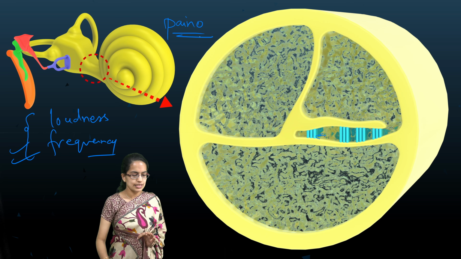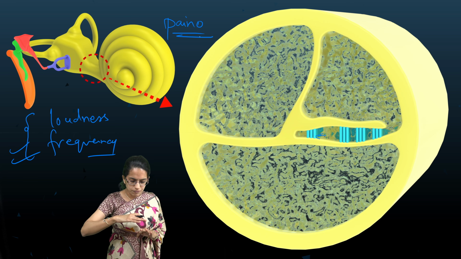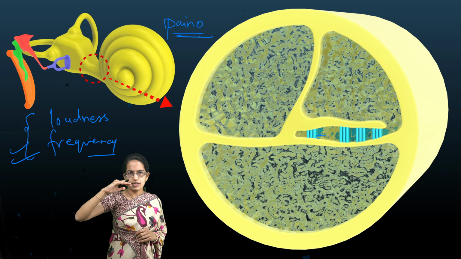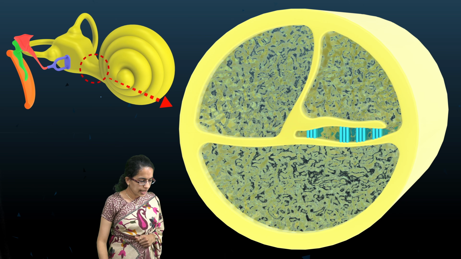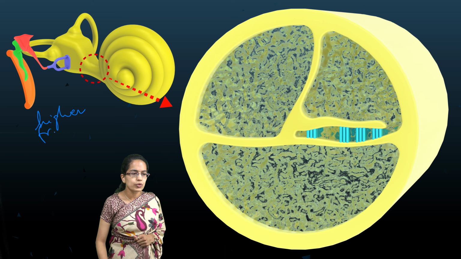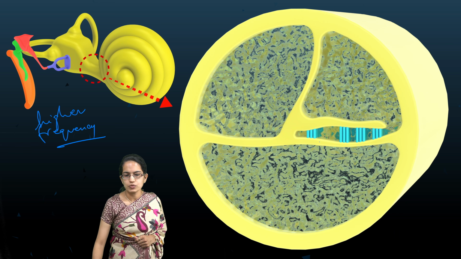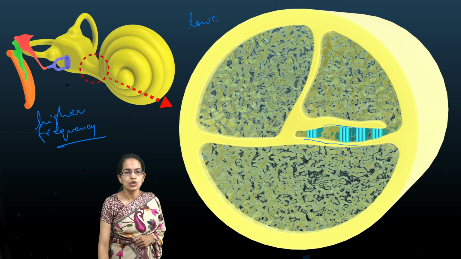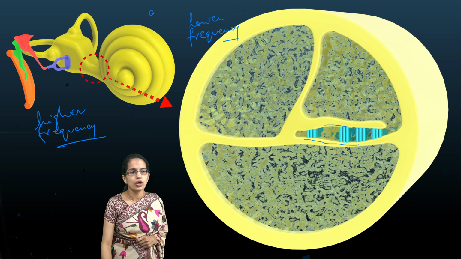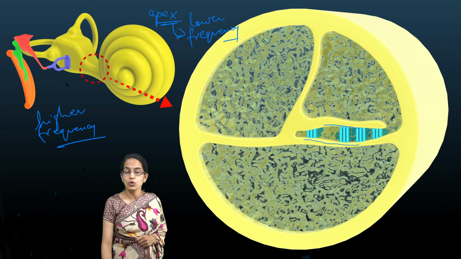So what happens is, these keys have a characteristic feature. Now the hair cells are on both the surface, on the top as well as the bottom. The hair cells on the bottom capture higher frequency. So I would say higher frequency is captured by the hair cells which are on the bottom of the cochlea. However, those hair cells coming from the apex or the upper region would capture lower frequency.